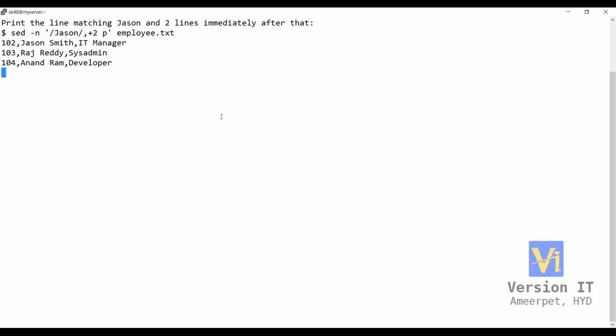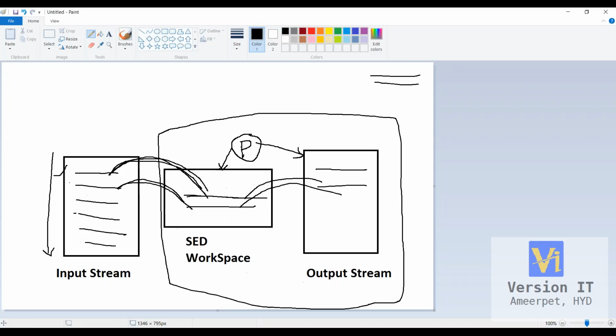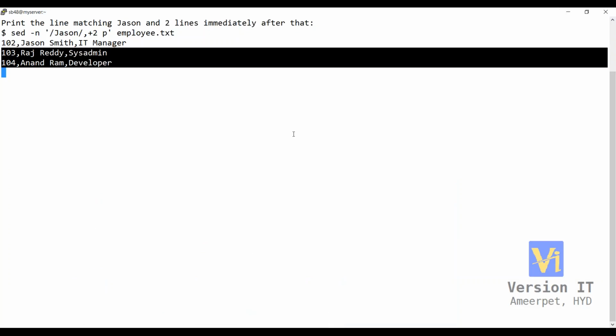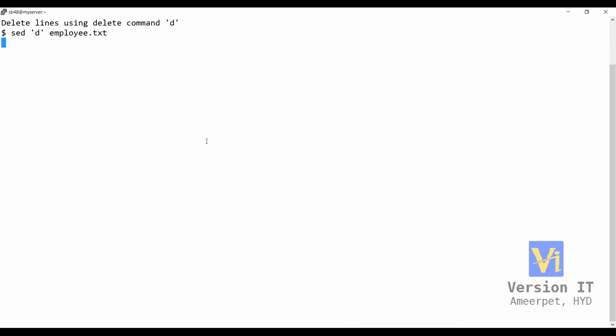Now, if you would like to get the next immediate two lines, say I'm searching for a word JSON, and I would like to get the next immediate two lines, I have an option in the grep command, which is -A. So here you are using +2. And you don't have a concept of -2. Why? Because again, the same concept, sed goes line by line, it cannot go back. So if you want minus options, you always have the grep command available for you, not the sed command. So that is all about